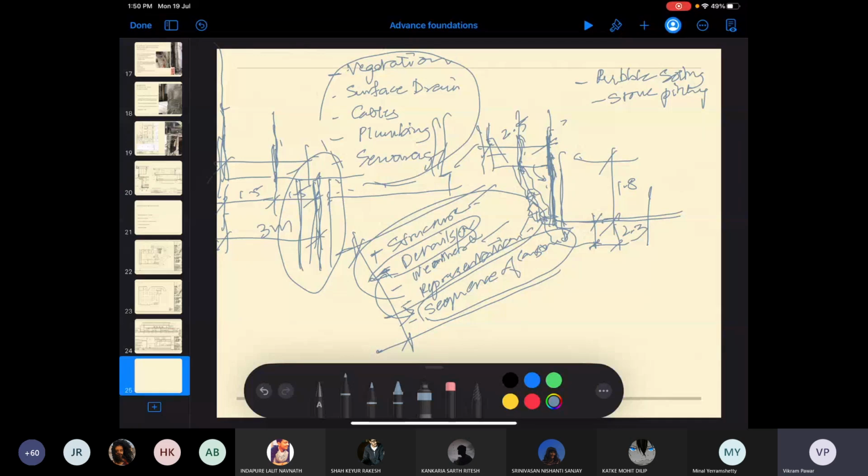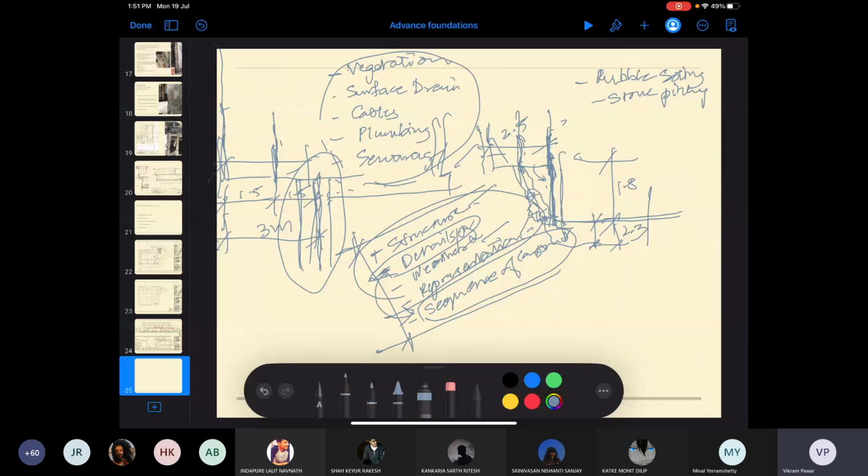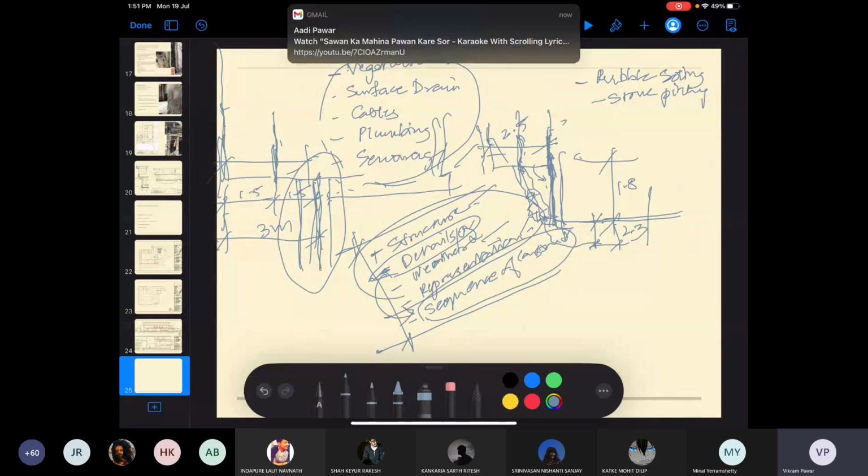When the stones are thrown and they land on their natural bed, they are always pokey. So all the triangular portions of the rubble will always stick out. There is no way of hammering it and leveling it out. You have to put smaller stones to fill in those gaps. Right? But before that, what is rubble soling? What is stone pitching?